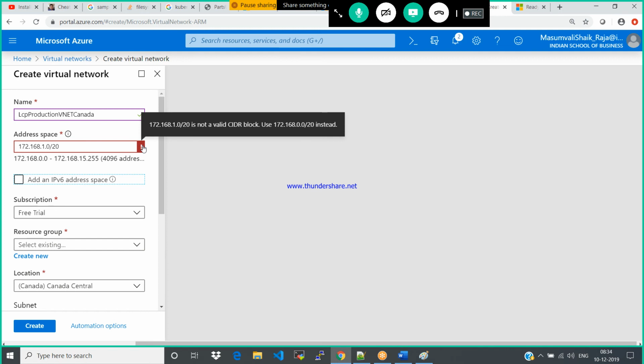Is it overlapping other addresses? Overlapping? No, that's what I am saying. There is no overlap here. This is the first VNet I am creating. Then how do you expect it to overlap? This is the first virtual network, right? There are no services, so there is no point of overlapping here.